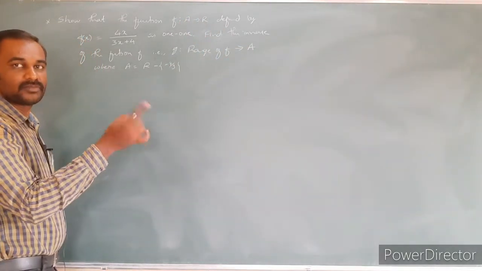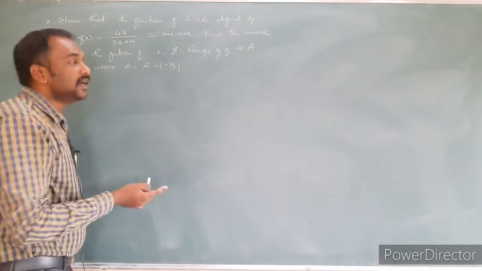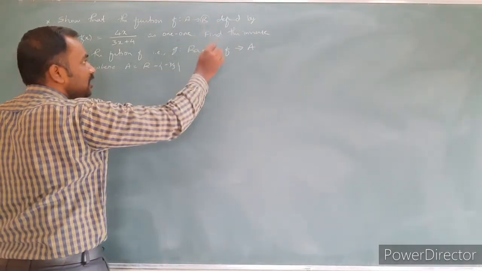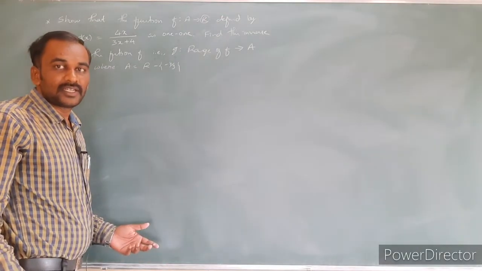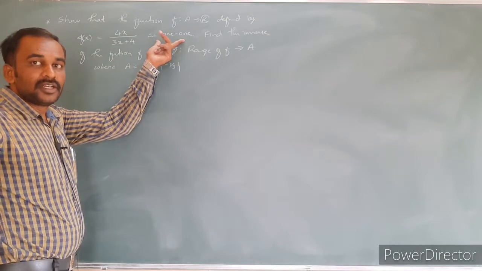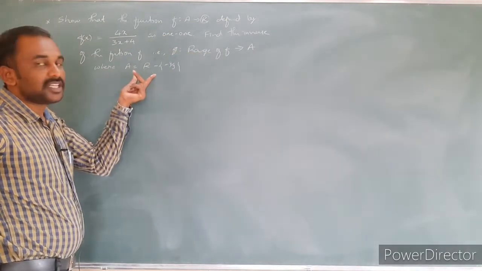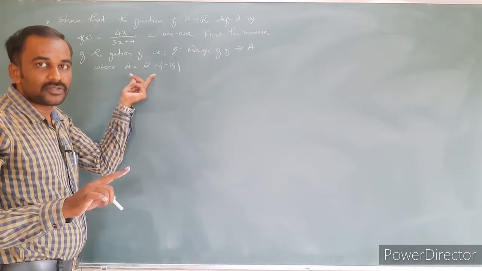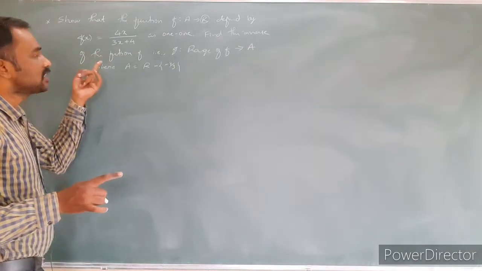That means for the inverse of the function, the domain and the codomain will be interchanged. That one only is given. Instead of giving the codomain set, directly they have given the range. Why have they given the range directly? Here they are asking only for 1-1, but they are asking for the inverse again. Inverse means it should be 1-1 as well as onto. That is, it should be bijective, but we have not proved it is bijective.